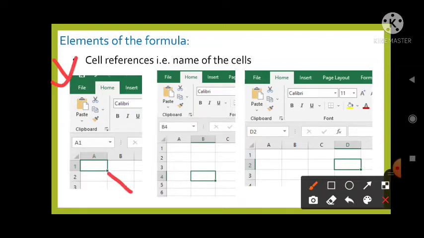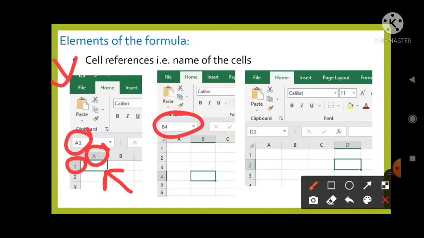If you select this cell, it is under column A and the row number is 1, so A1 is displayed. Whenever you select any cell on the worksheet, you will have the cell address here.